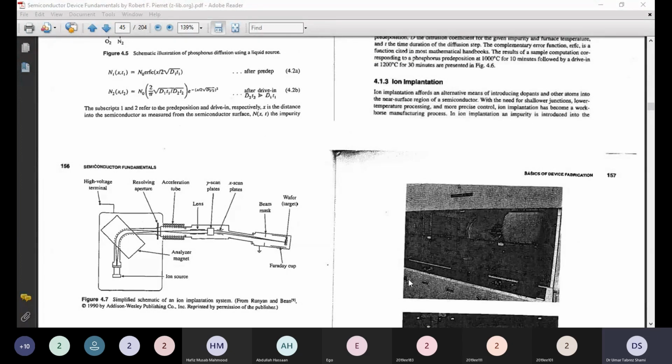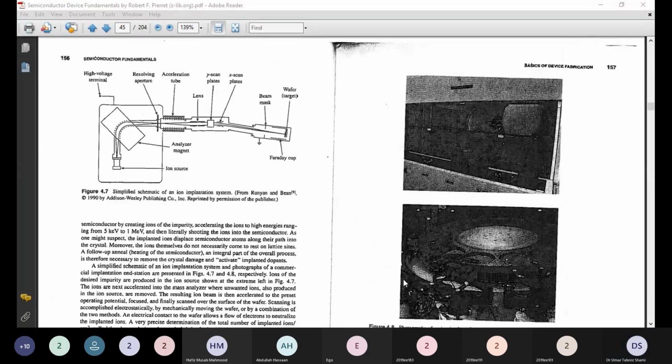In ion implantation, an impurity is introduced into the semiconductor by creating ions of the impurity and accelerating the ions to high energy, ranging from 5 kilo electron volts to 1 mega electron volt, and then shooting the ions